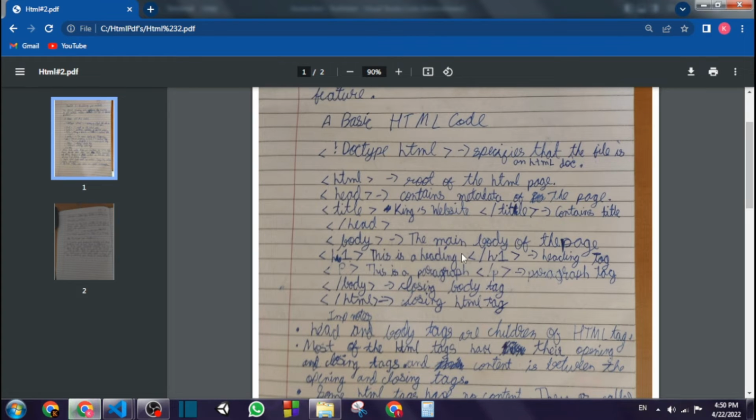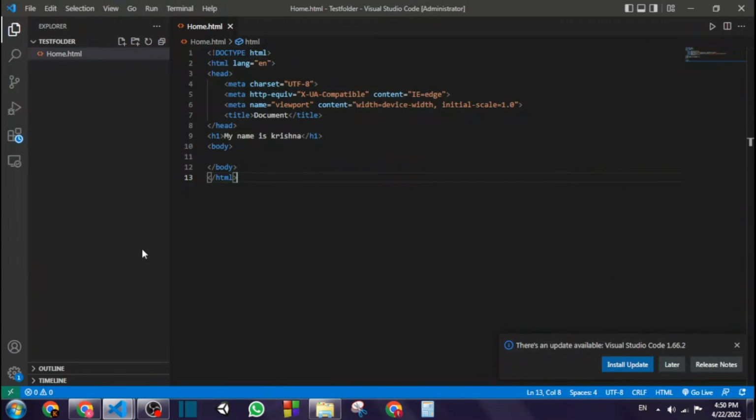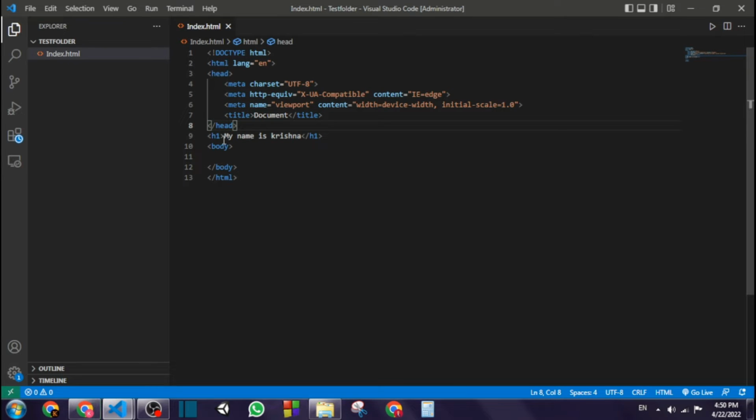So let me show you by making it, because I don't think you will understand by that. And first of all, let me name this index.html. Okay, so yeah guys, now it's done. See, you can see this h1 tag is there.